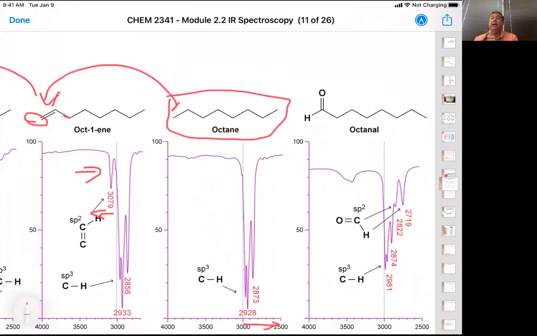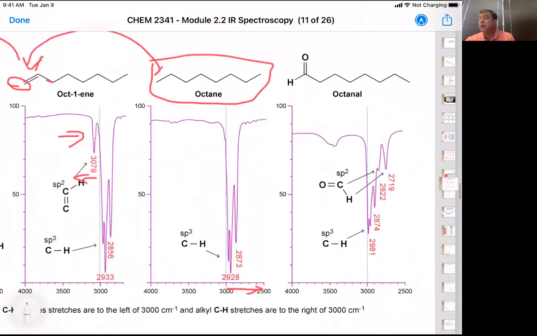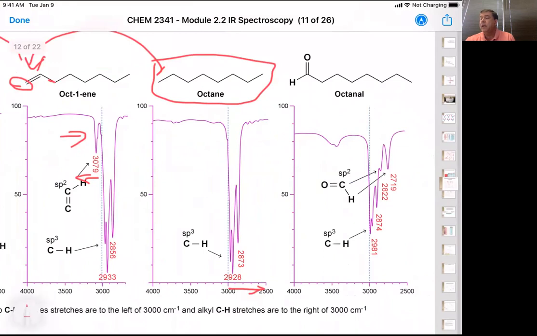Okay, the aldehyde hydrogen is actually quite unique in the fact that it's bonded to an sp2 hybridized carbon, but it's double bonded to an oxygen instead of a carbon. That changes the polarizability. That changes the bond strength. When we do that, we get a distinct peak at 2,700 and 2,800. Sometimes both, sometimes just one. But if you see a peak, nothing else absorbs down to that 2,700 range. If you see that peak in 2,700 and it's nice and strong, and stronger than the baseline here, you might